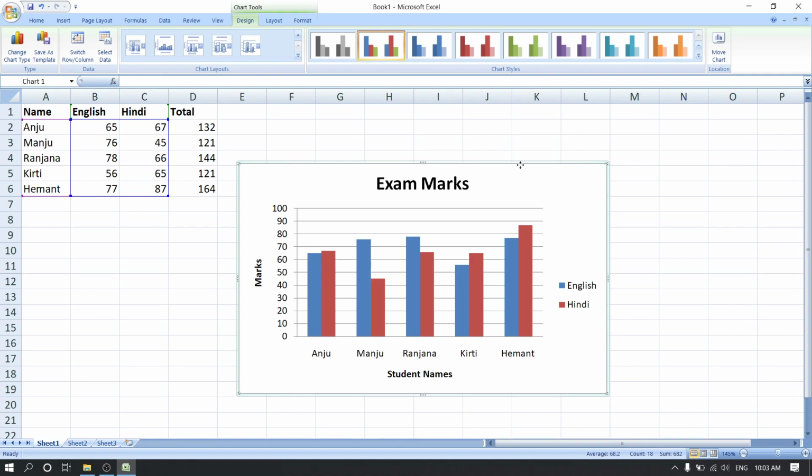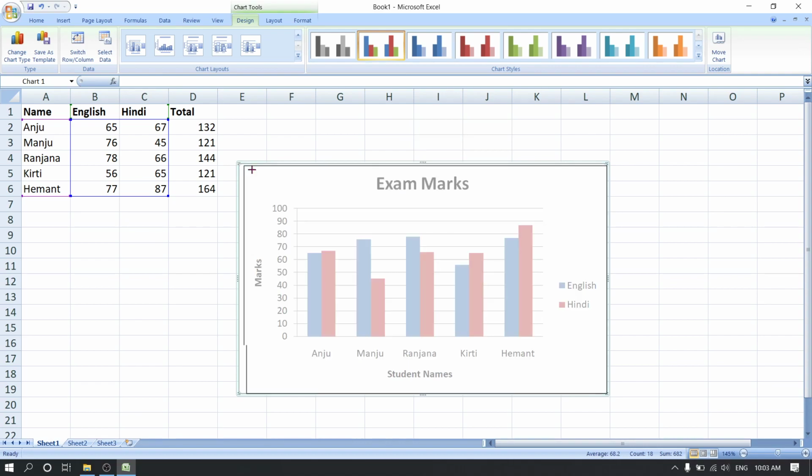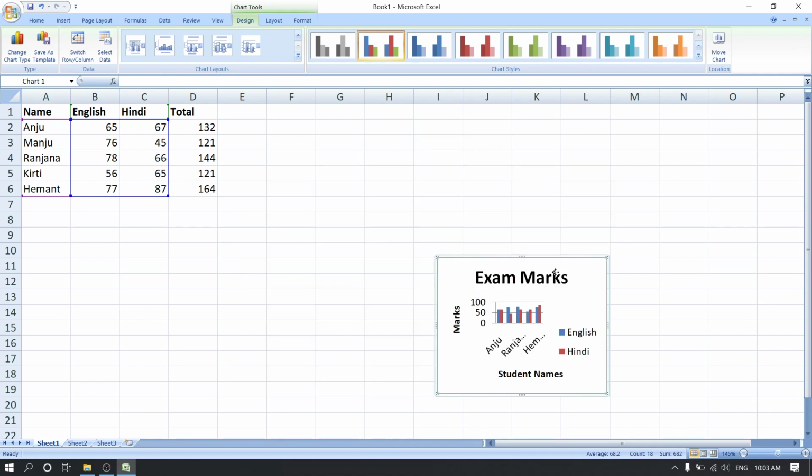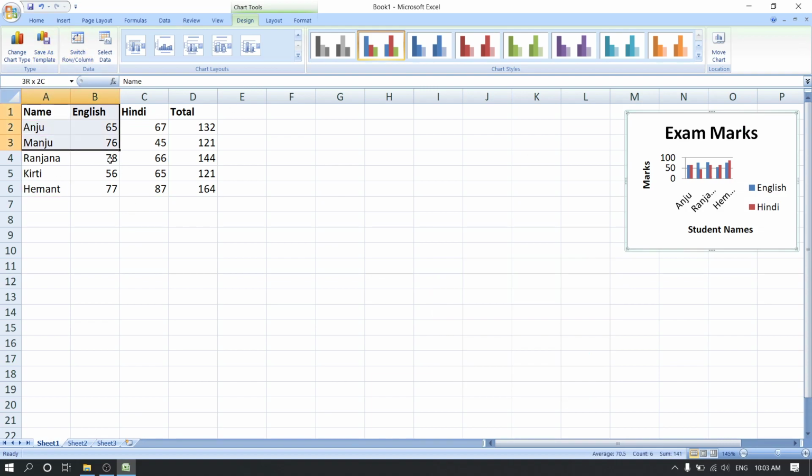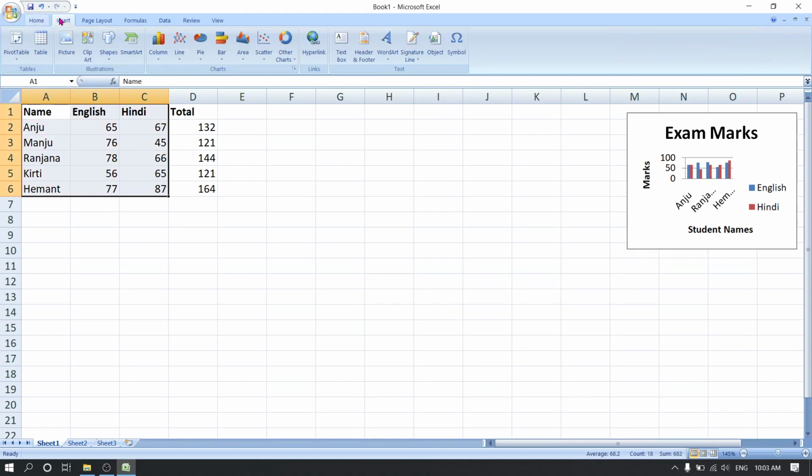Now there are different kinds of charts we will talk about. First chart is the bar chart. Let us make it small and keep it aside. See, we are selecting this data again, go to insert, and first is the bar chart.